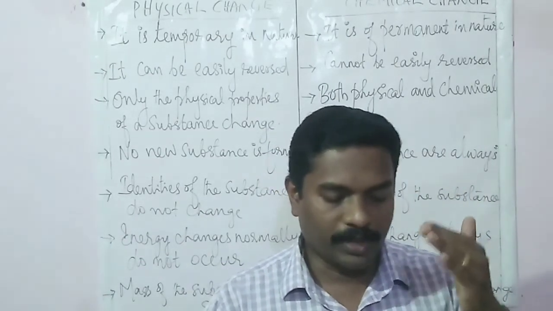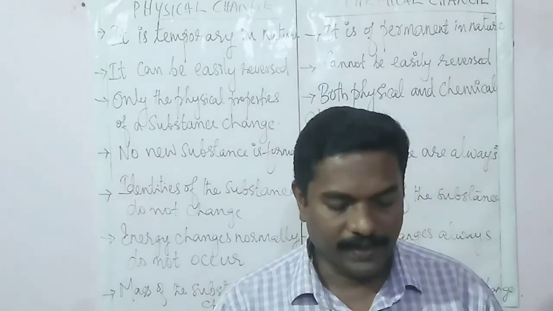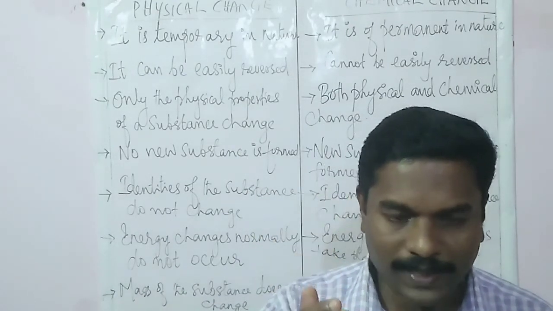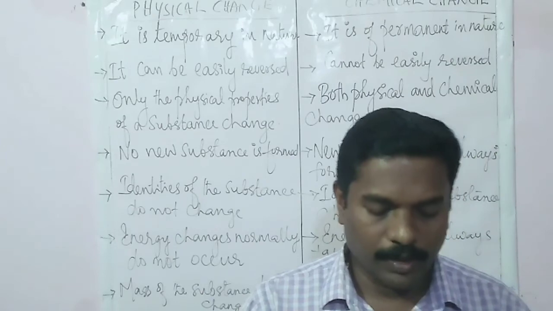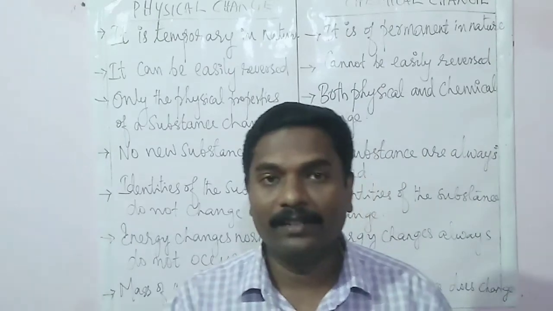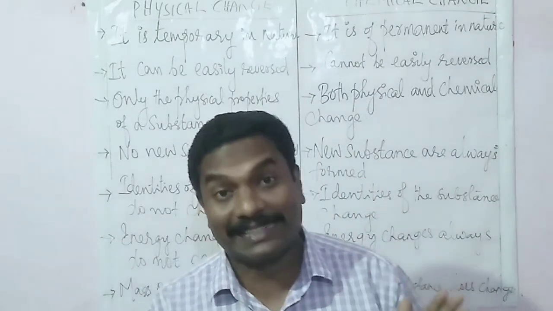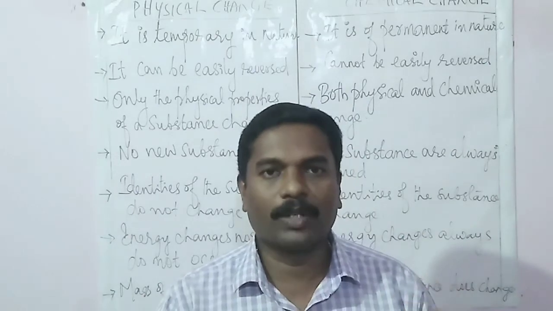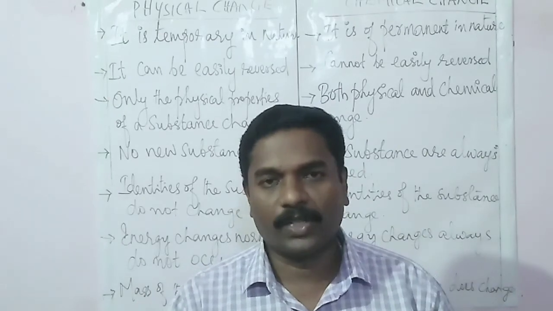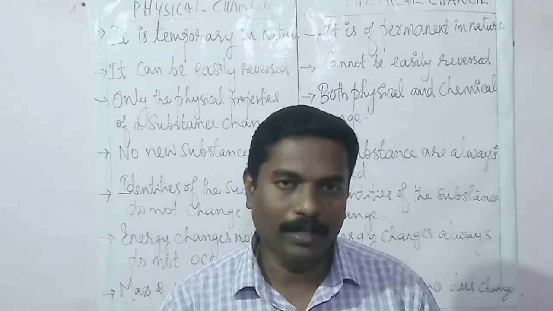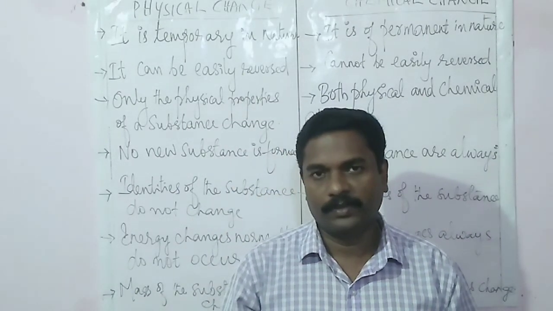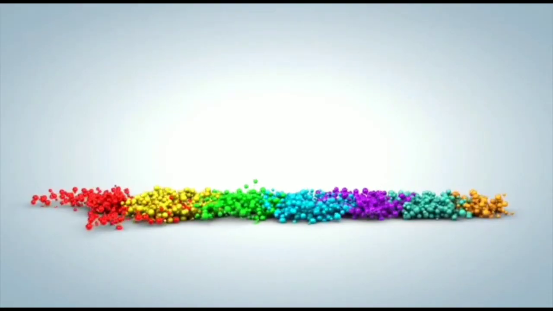Finally, the constituents of a mixture can be separated easily by physical methods, but the constituents in compounds can be separated only by chemical methods or electrochemical reactions. That is by applying electricity. That is what we call electrochemical reaction. Just passing electricity through the compound, they will dissociate into its components. Okay? So these are the points of difference between mixtures and compounds. Okay, students? Thank you.